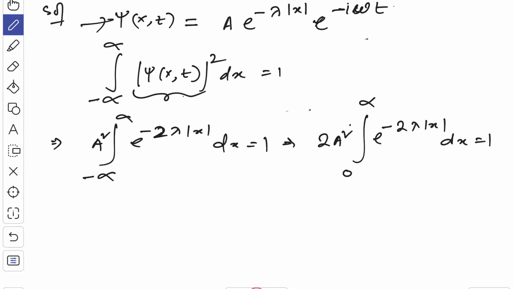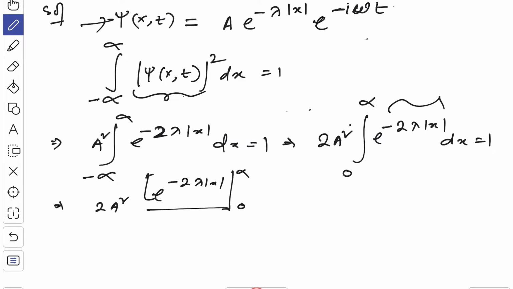Now if you integrate this, you will have 2A square e to the power minus 2 lambda mod of x, from 0 to infinity, divided by minus twice lambda, is equal to